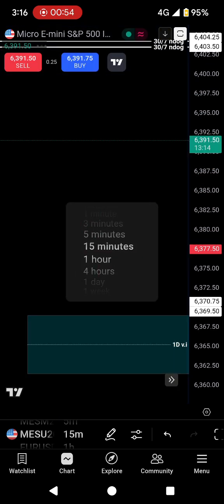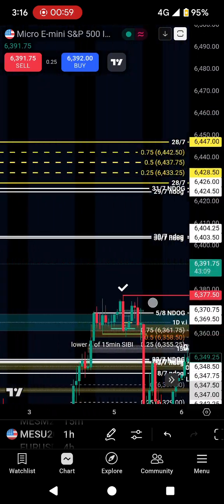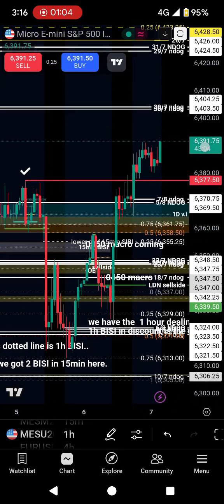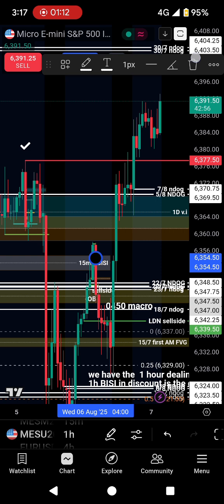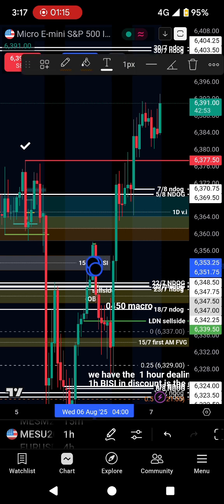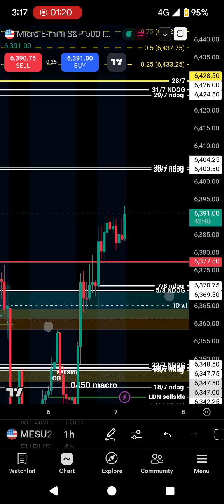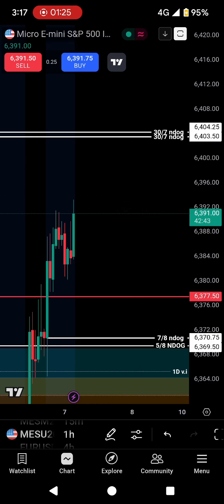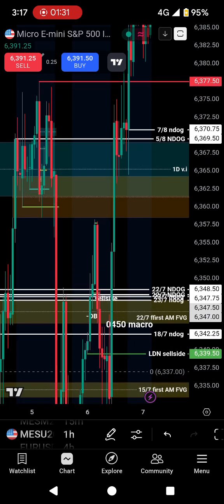Let's go to 15-minute chart or even 1 hour chart. Say bisect here, delete this, delete. Okay, so right now we are close to this 30th of July end dog, so that will be the draw because you can see on the 15-minute we basically